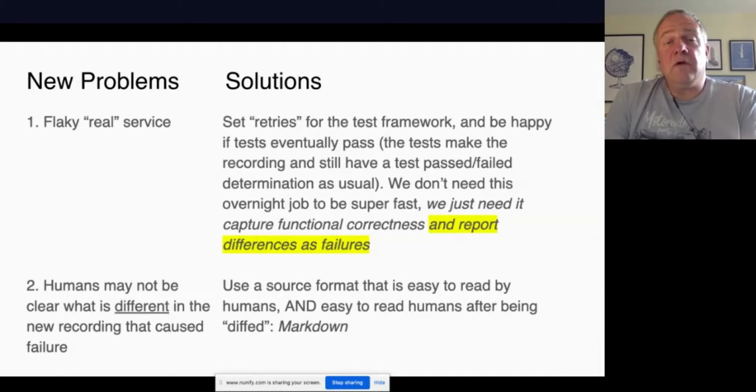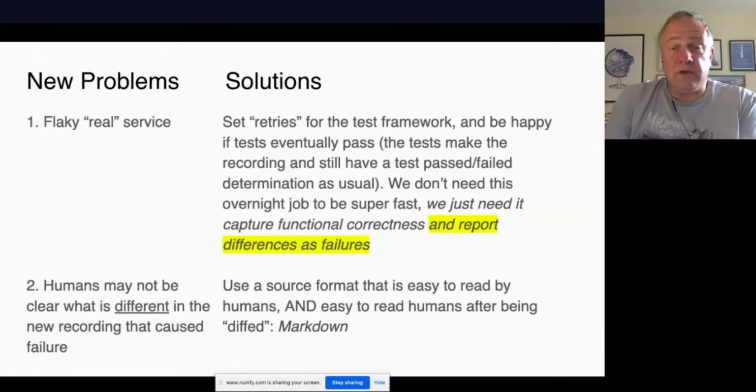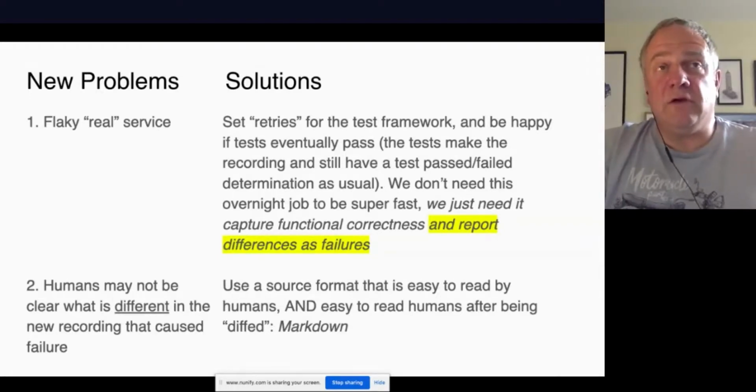So in our attempt to re-record the same service virtualization, we might encounter the fact that at least our testing version of that service is flaky. It doesn't always pass. It doesn't matter, as long as we can use retries, a very naughty technique normally, to get this to pass as a unit test, 2 + 2 = 4, and then assert it is 4. It doesn't matter that we had to try it 10 times before we saved it, but we did, and it did save it with the correct interactions, and we counted that as